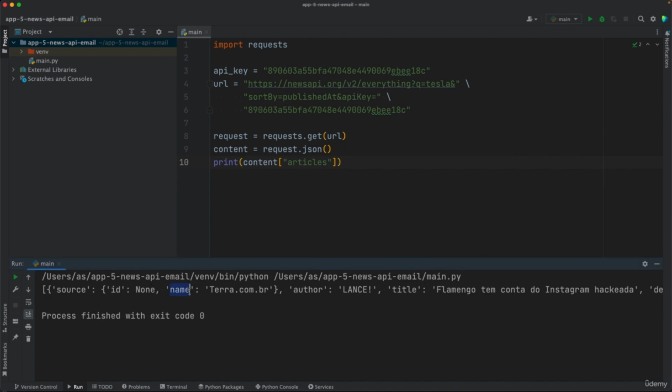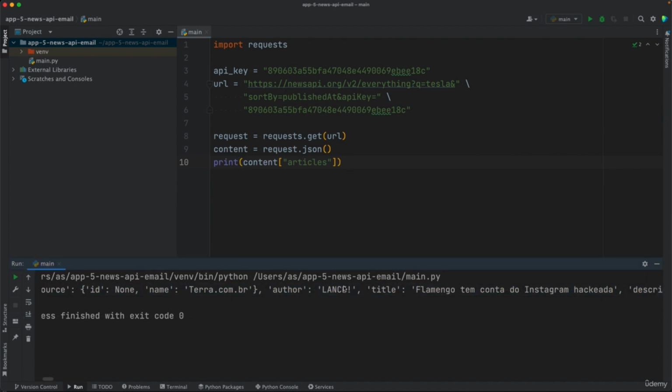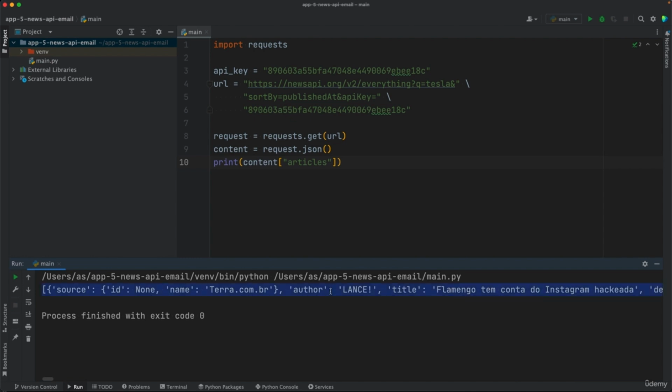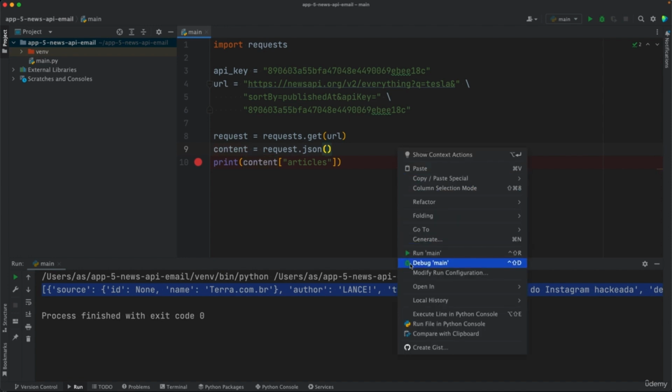Now, to better understand how these data are structured, we could use the debugging tool of PyCharm, because the debugging interface will give us a better view of this data structure. You'll see what I mean exactly. So let's start the debugging. I'll put the debugger breakpoint at the last line here, before I create this content. If I right click now and go to debug main,